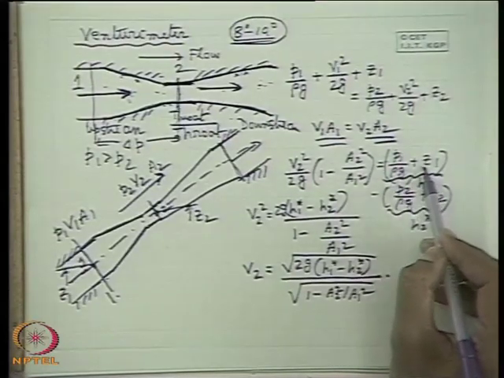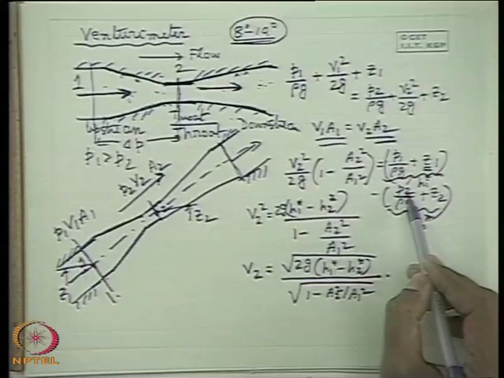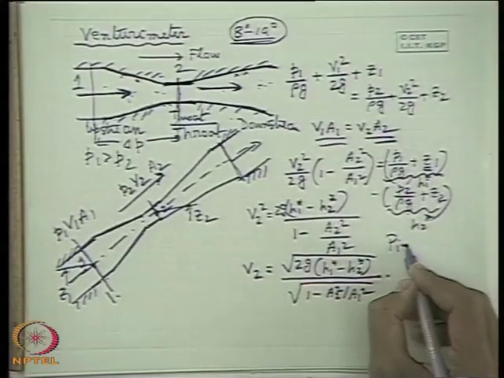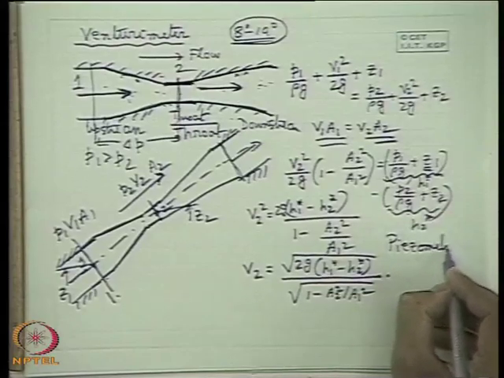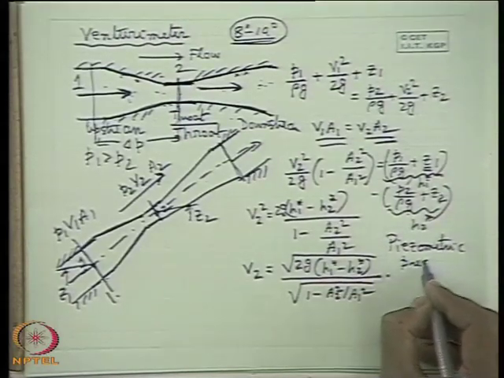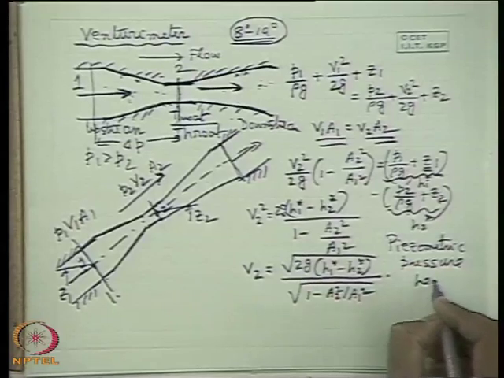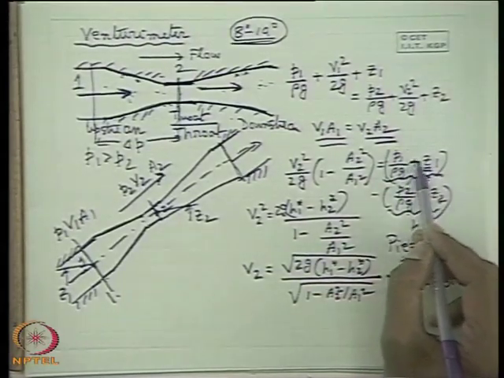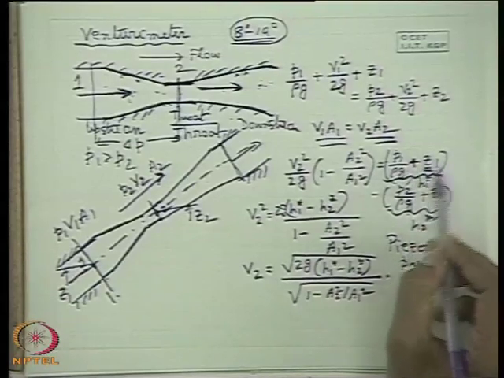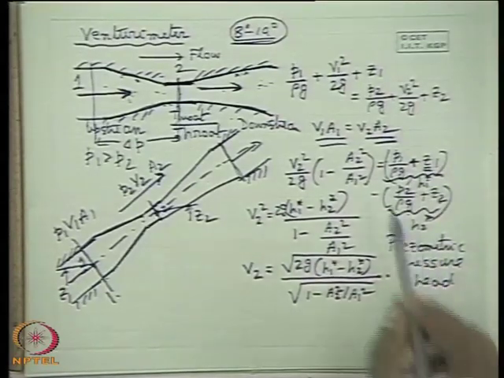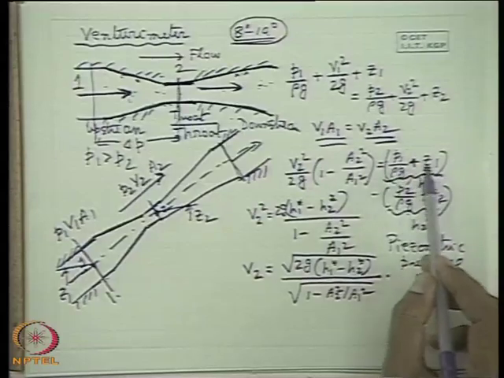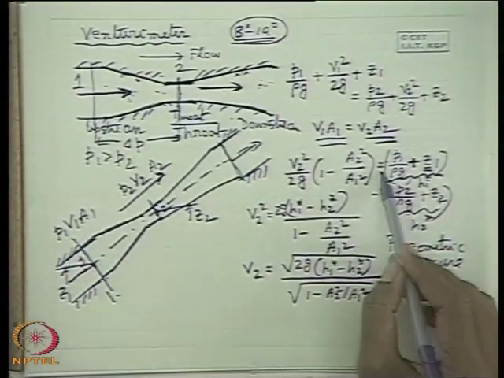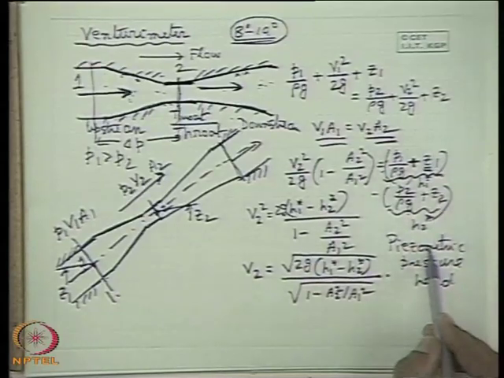Now, these are very simple algebraic steps, but this H1 star and H2 star represent the pressure head plus the datum head at the inlet, and the pressure head plus the datum head at the throat. This as a whole is known as piezometric pressure head. We have already discussed what piezometric pressure is. It takes care of both the pressure plus the equivalent pressure due to the height of the liquid. That means in terms of head, it is the pressure head, pressure energy per unit weight, plus the datum head, due to the height of the liquid from any arbitrary datum. So the combination of P1 by rho g plus Z1 is the piezometric pressure head.